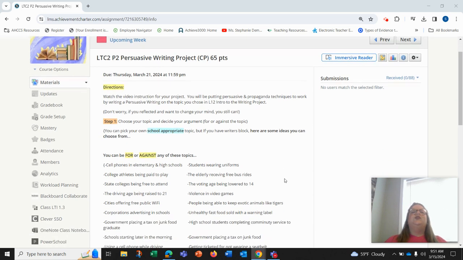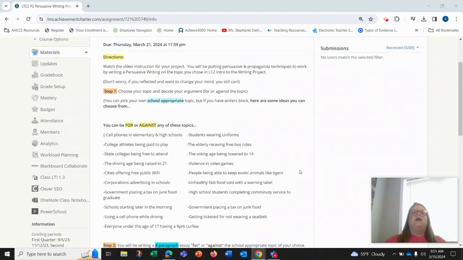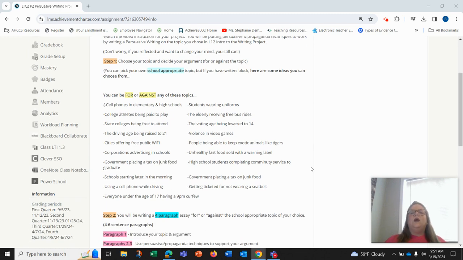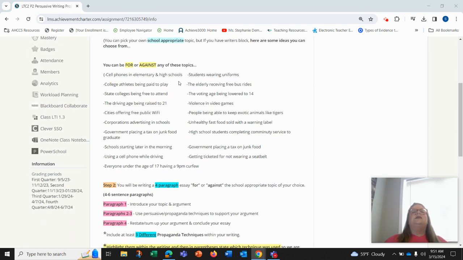Step one is to choose your topic and decide your argument for or against the topic. You can pick your own school appropriate topic, but if you have writer's block, I included some ideas that you can also choose from if you wish. So remember that you can be for or against any of these topics. Cell phones in elementary and high schools, students wearing uniforms, college athletes being paid to play, the elderly receiving free bus rides, state colleges being free to attend, the voting age being lowered to 14, the driving age being raised